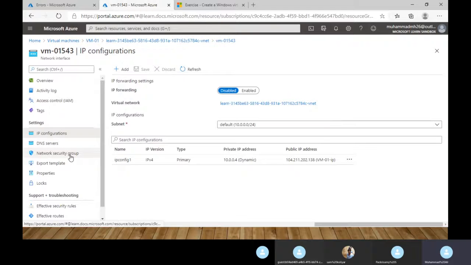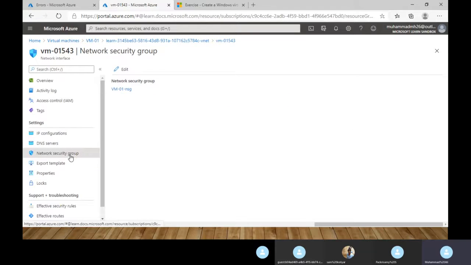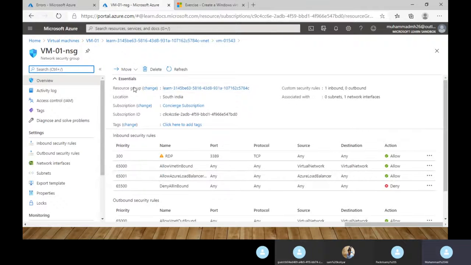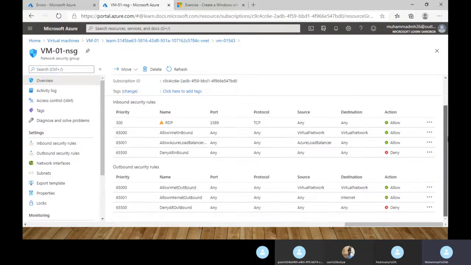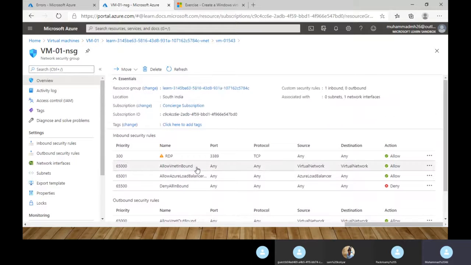And network security group. This network security group allows you to connect to your network. Let me explain here.